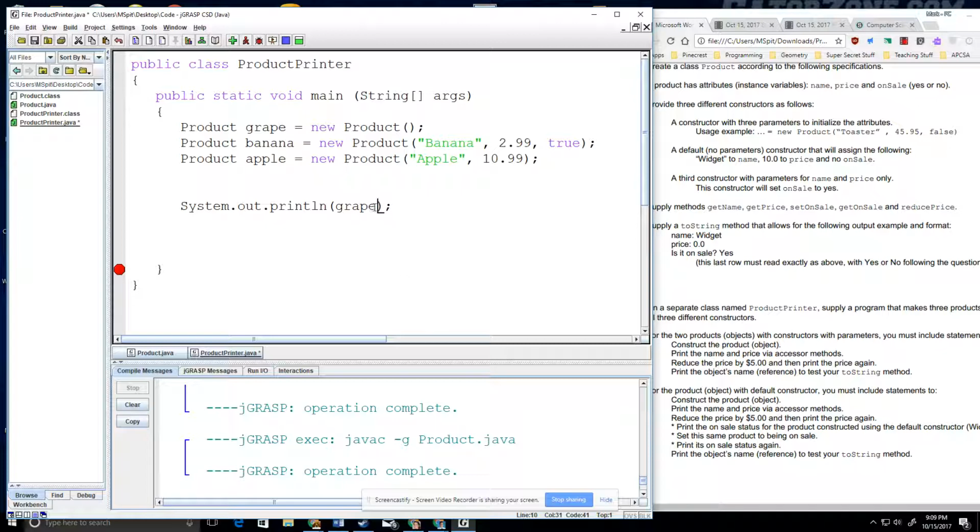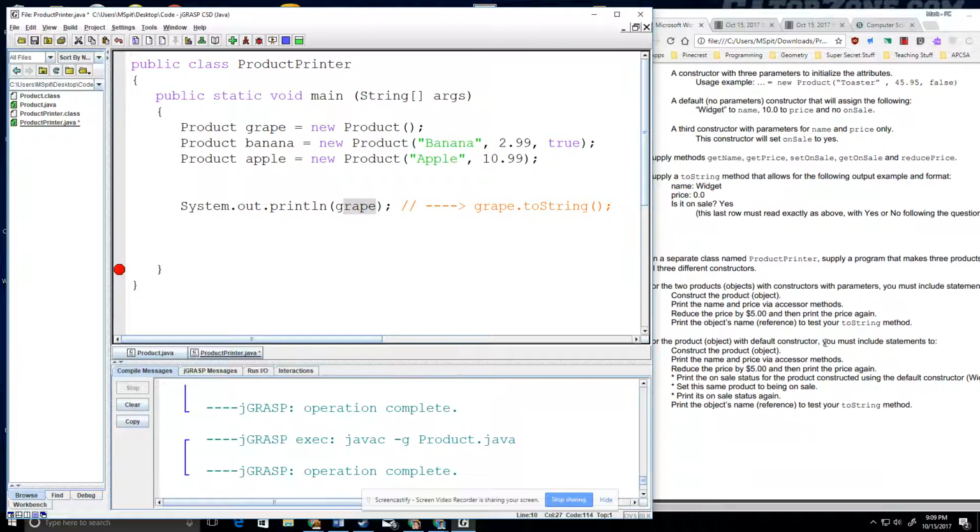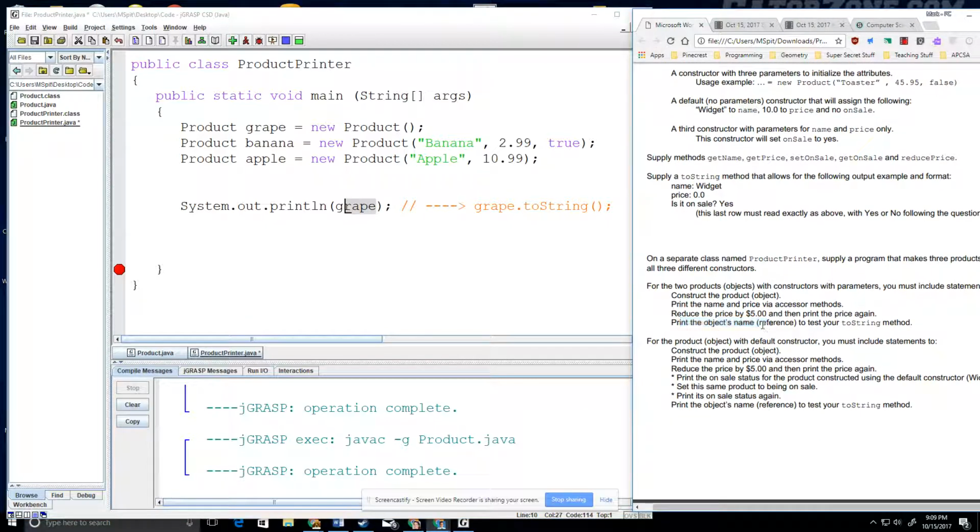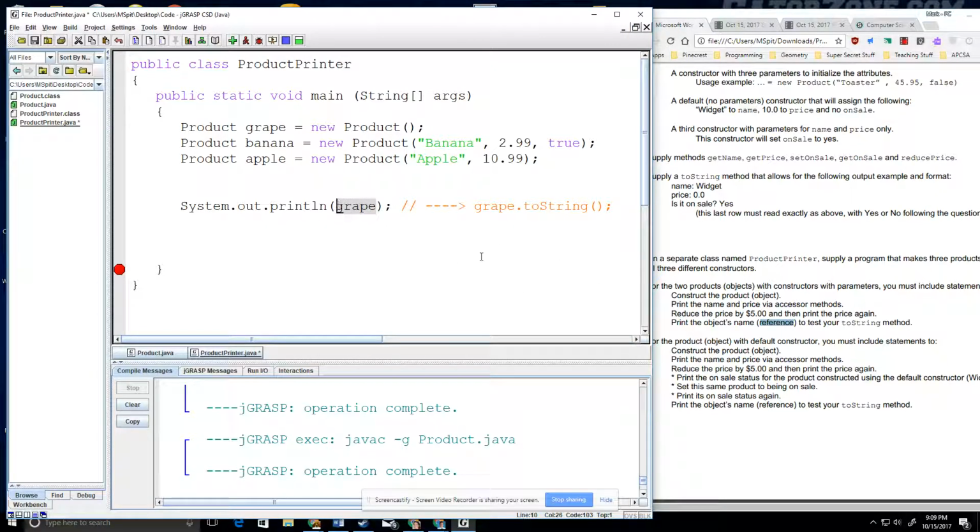But if you output just the object, what's actually happening by default is, by outputting it, it's saying, hey, find the toString method and do that. So it's basically saying grape.toString in this case. That's what it's doing. So by just giving it the name, and that's why if you notice down here it says print the object's name, the reference, to test your string method. So we're just saying the reference name, right? The grape is what it references. And so it'll actually do the toString method without me putting anything. So if I compile it and run it,